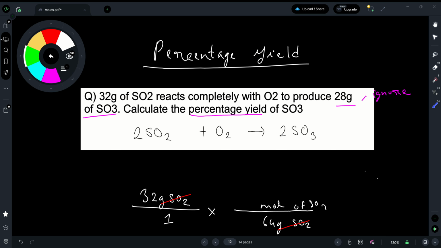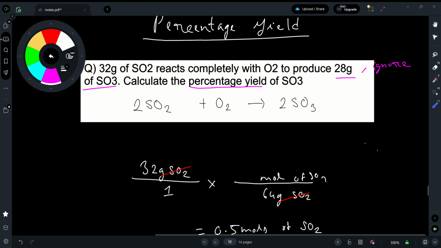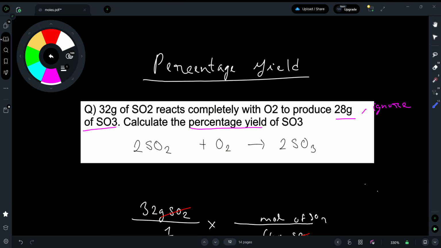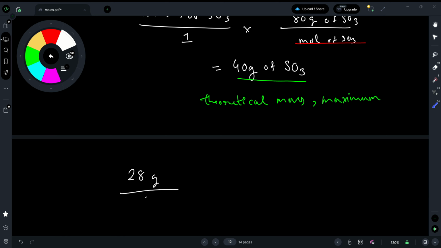And if you look back at the question, we were given what we ignored at first. We were given 28 grams of SO3. We were given that we got 28 grams of SO3 after performing the reaction. So we should have gotten 40 grams of SO3, but we got 28 grams of SO3. So this is our yield. Yield is like the output, crop yield, right? So what you get out. So we got only 28 grams out of